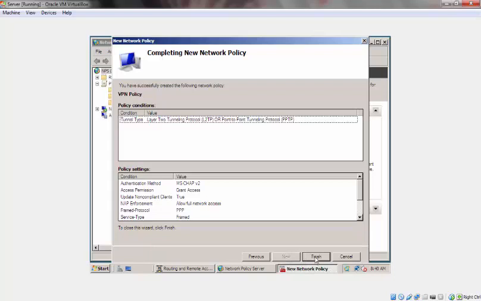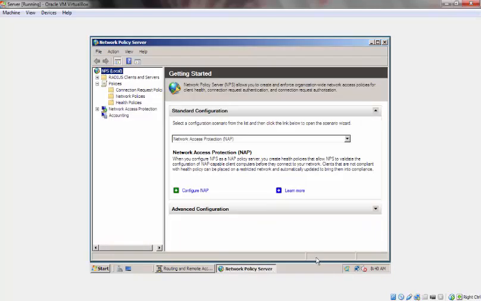And then finish. What you can see here is a summary of the policy settings that we would have created earlier on. It's a tunnel type, layer 2, and authentication, grant access, PPP, type of services framed, and the day and time restrictions, and the encryption, and so forth. So we'll hit finish. Now what we're going to do, we're going to close this off,